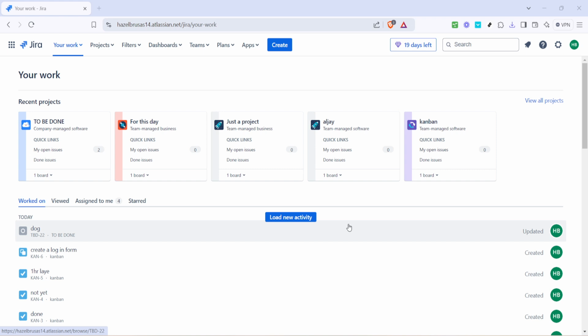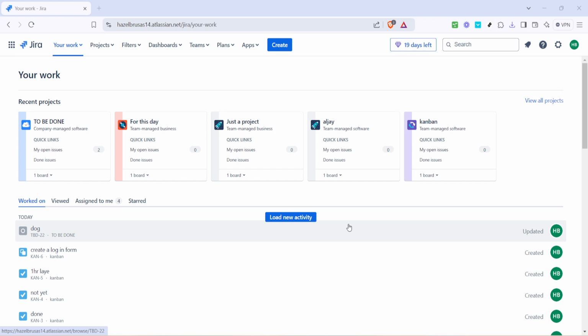To start off, you want to navigate to the Your Work section of Jira. This is your main dashboard where you can access all of your assigned tasks and projects. By clicking on Your Work, you'll have a comprehensive view of everything you're currently involved in. It's like a personal to-do list that keeps you on top of what's important. This is often the starting point for managing your tasks and, in our case, finding the project where the duplicate